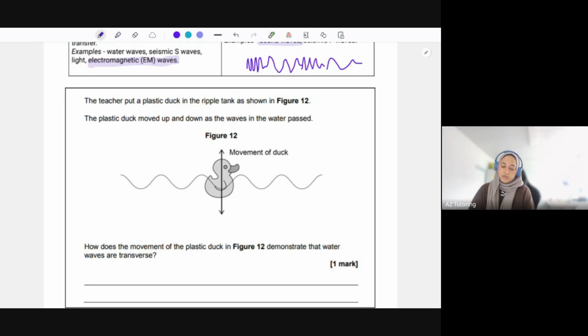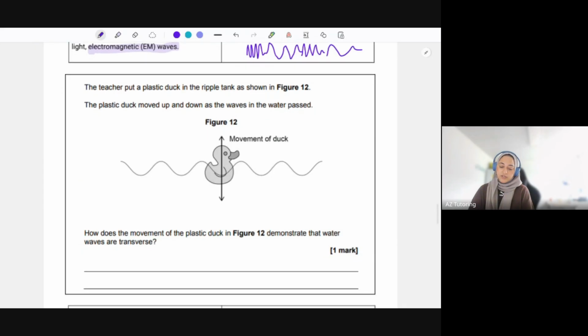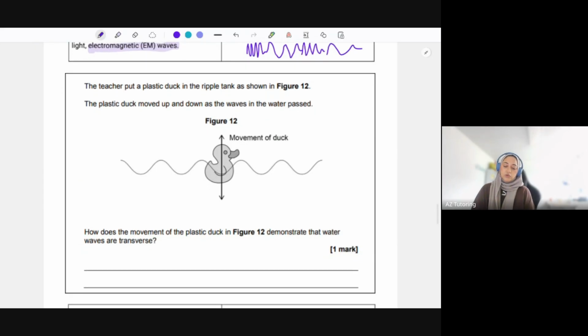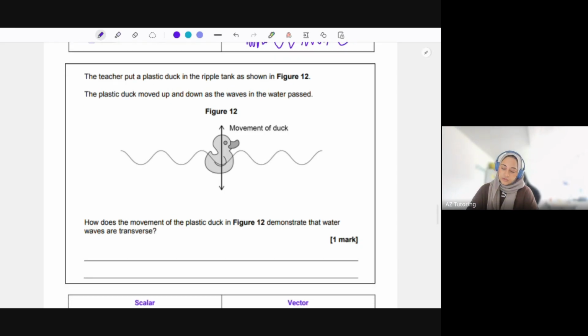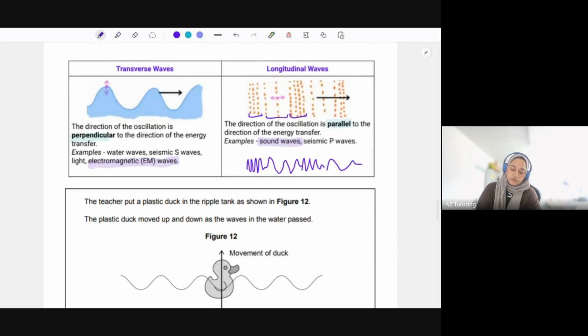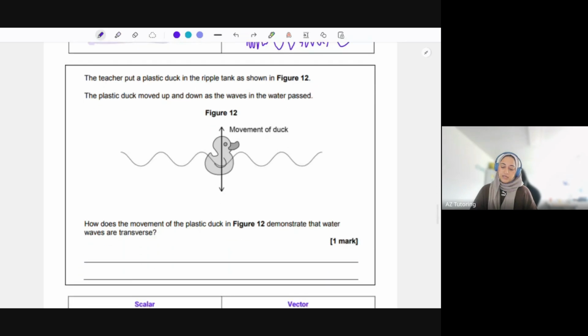A teacher put a plastic duck in the ripple tank as shown in figure 12. So the plastic duck moved up and down as the water wave passed. How does movement of the plastic duck in figure 12 demonstrate water waves are transverse? So we know water waves are transverse. What are transverse waves? It's where the direction of the oscillation is perpendicular to the direction of the energy transfer. And that's exactly what's happening here. We can see the direction of the oscillation is that way, and then the movement of the duck is perpendicular